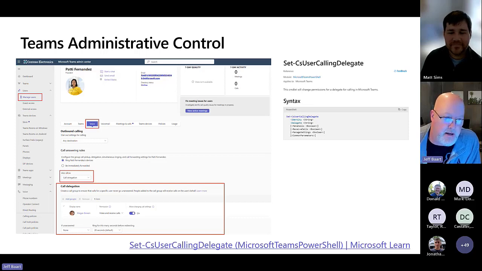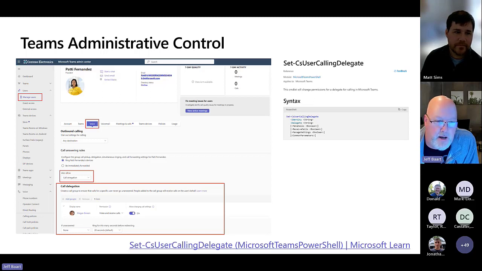By default, once the delegate's created, it might be turned off. You want to make sure that that's toggled on, but you can see the capabilities here that are enabled. And this is the administrative piece. And then for all my PowerShell family users out there that love to use PowerShell for administrative controls, there is